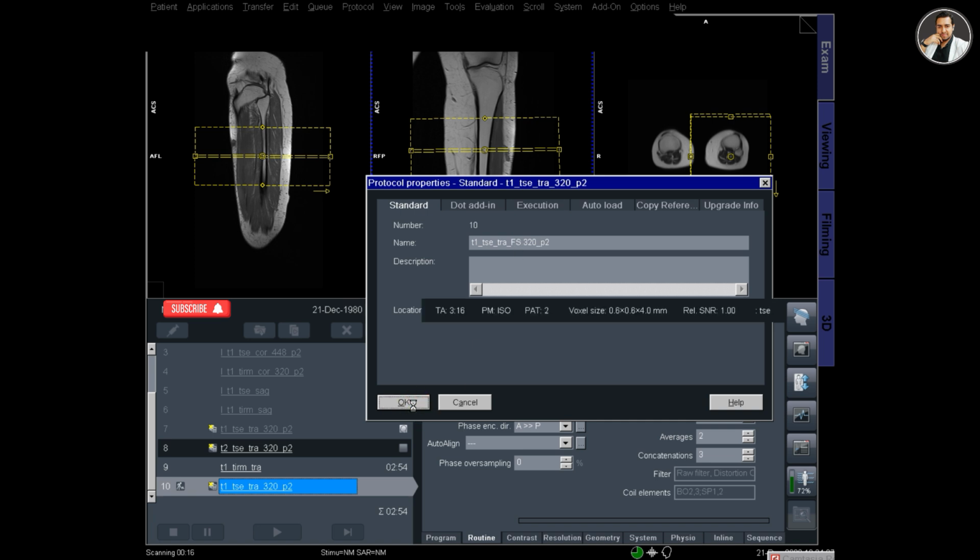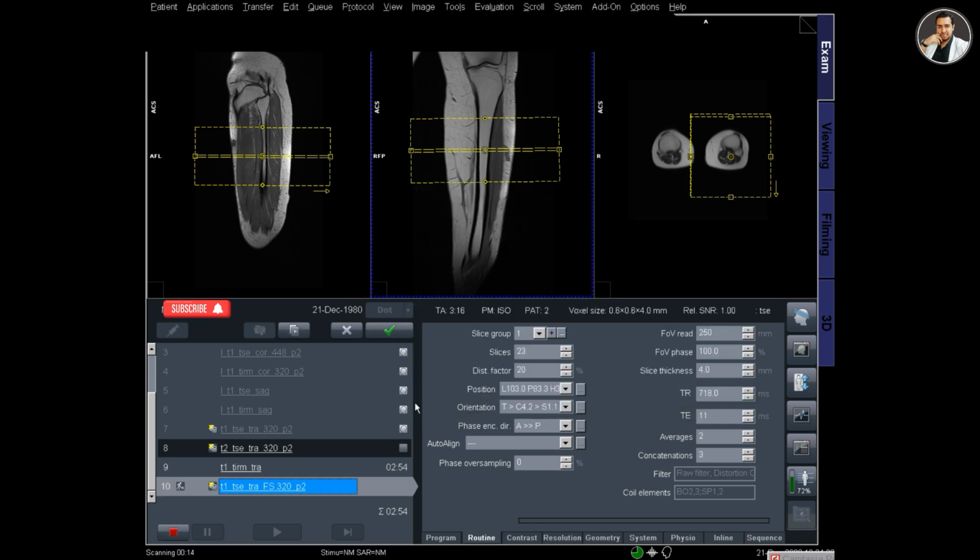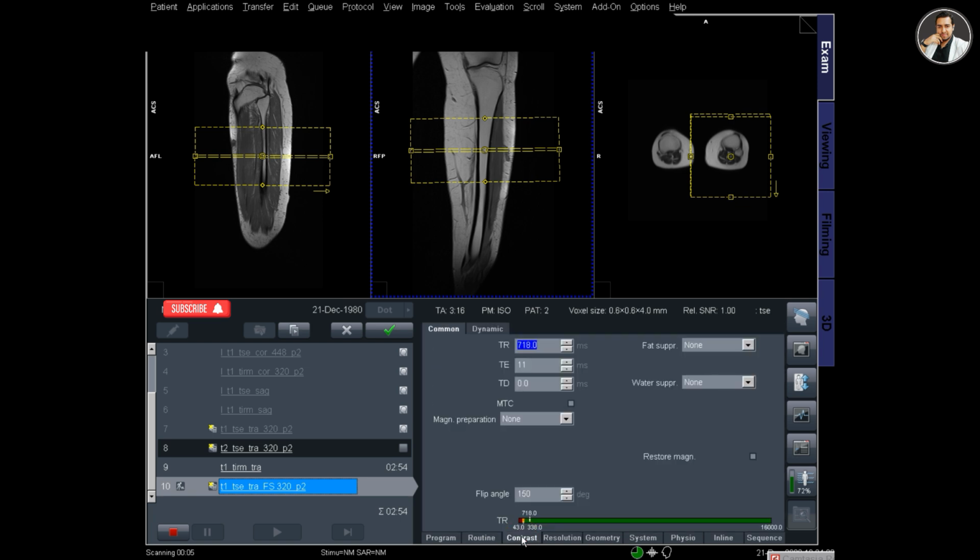So I will change the name and add the FS letters, and now I will change the contrast from the contrast tab or contrast button, and then select fat suppress and change the mode from none to fat set.